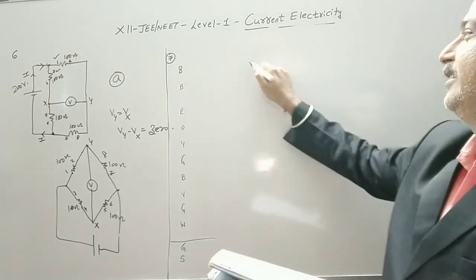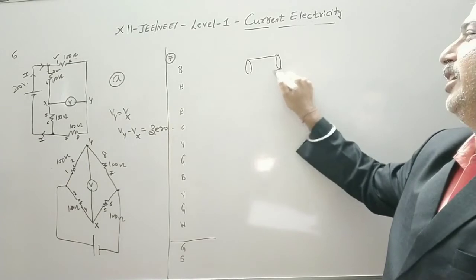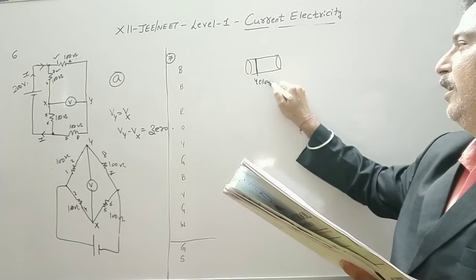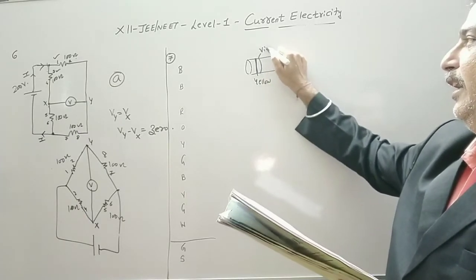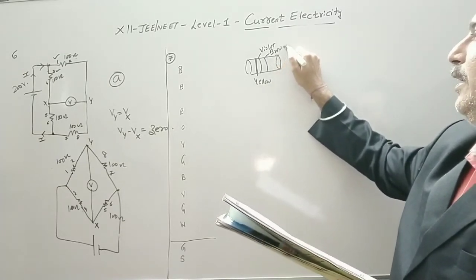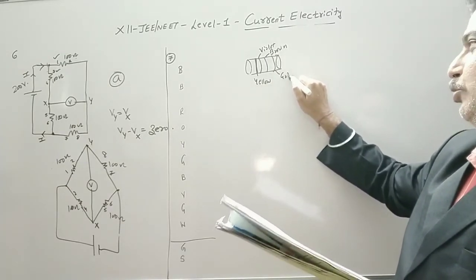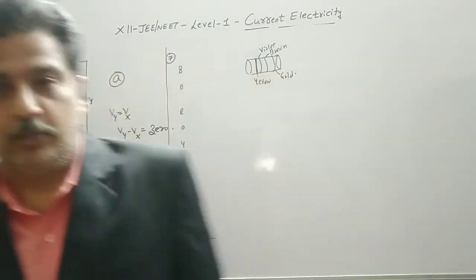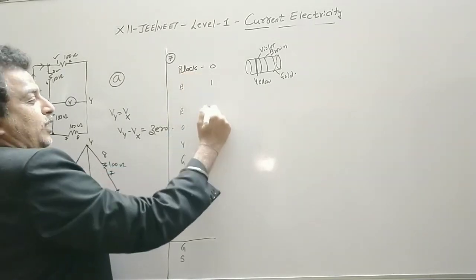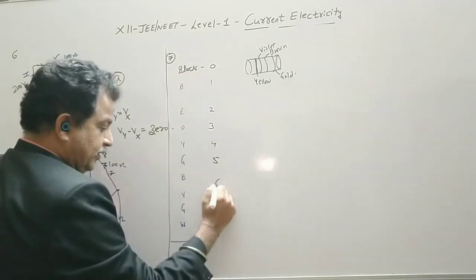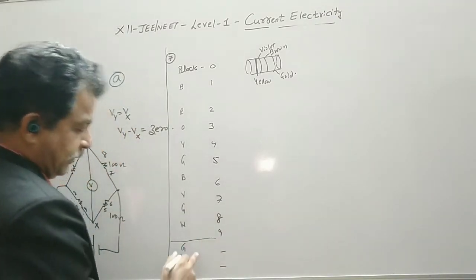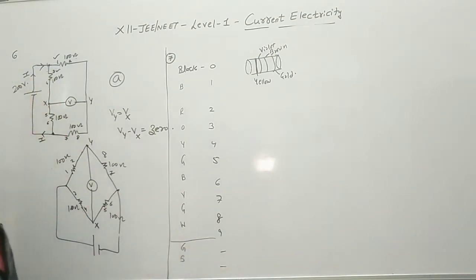Now here we have a resistance. The first band given is of yellow color. The second band is violet. The third is brown, which gives you the multiplier, and the fourth band available is gold. So that is the coding we will use. It started with black and the number was 0, 1, 2, 3, 4, 5, 6, 7, 8, 9. Then we have the tolerance as well as the multiplier for gold and silver.